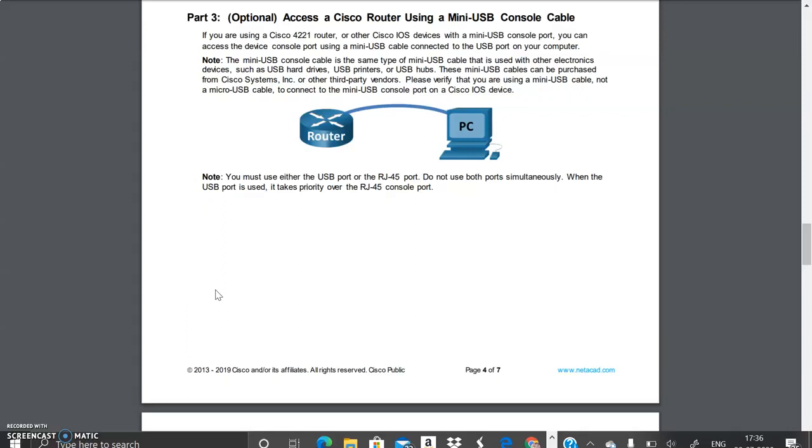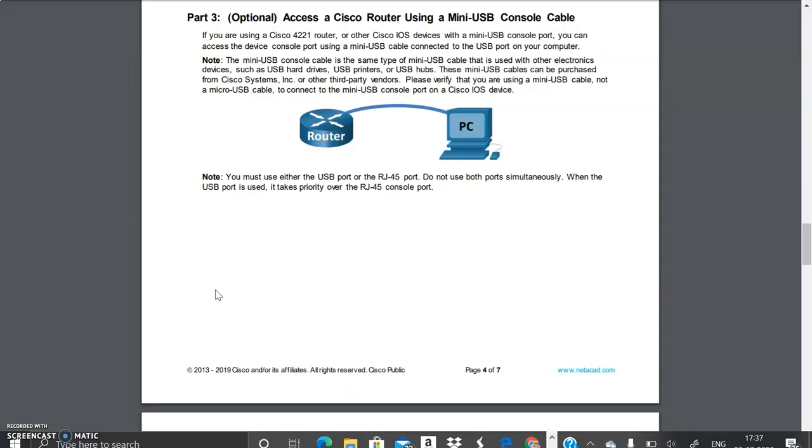These mini USB cables can be purchased from Cisco Systems or other third-party vendors. Please verify that you are using a mini USB cable, not a micro USB cable, to connect to the mini USB console port on a Cisco iOS device.